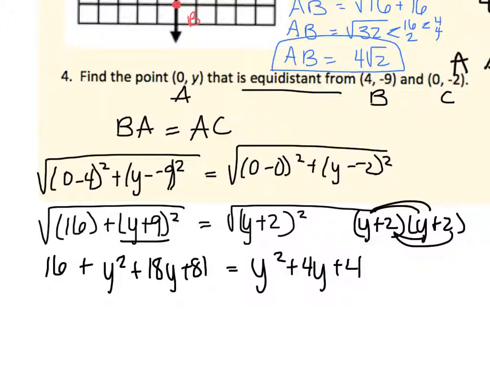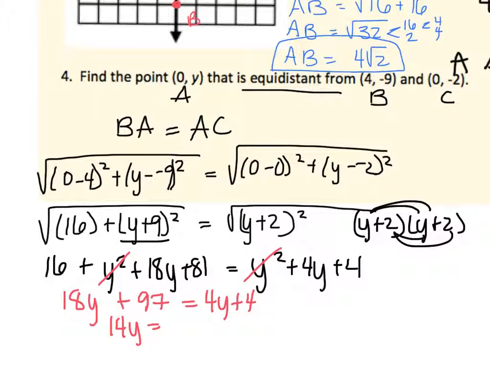Then it's just a matter of combining. Since I have a y squared on both sides, they cancel each other out. Continuing to combine like terms, on the left-hand side I'll have 18y plus 97 equals 4y plus 4. So I'll get the y's on the left-hand side to be 14y equals